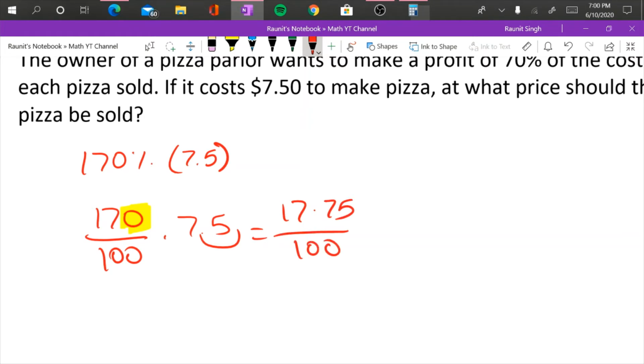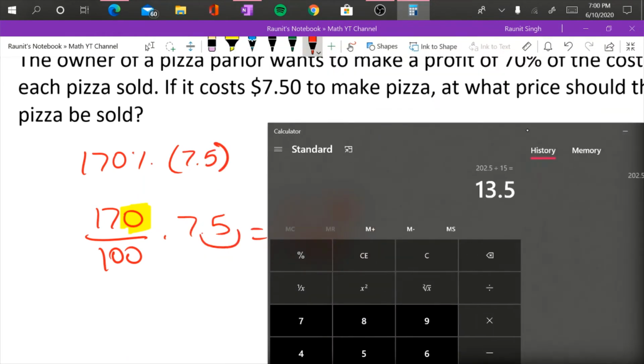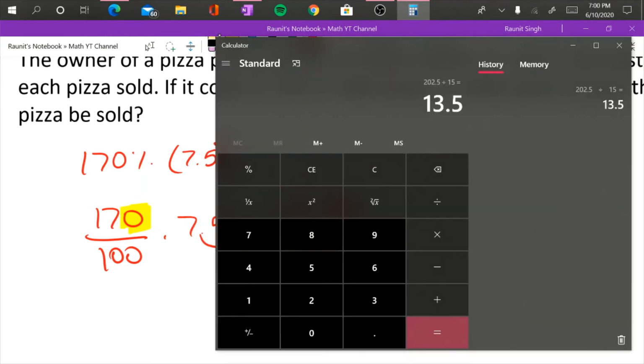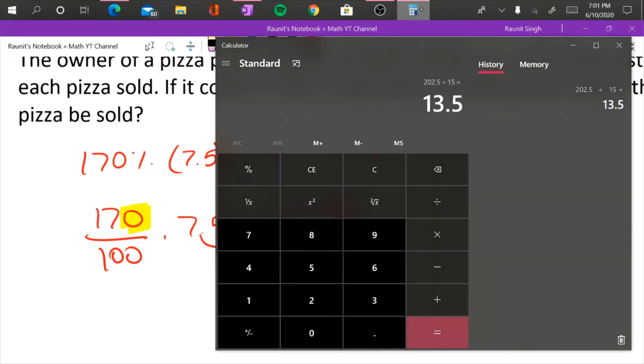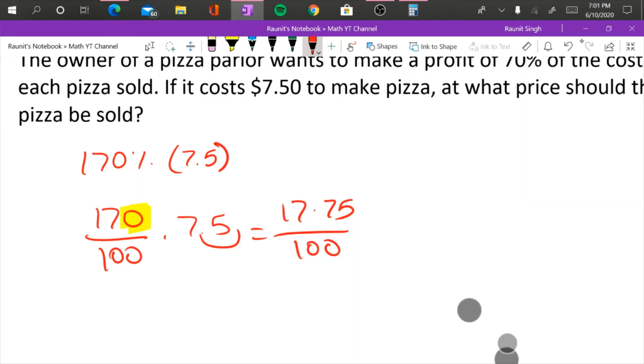I'm going to bring out the calculator for this one since I do not know how to do that. Okay, so 17 times 75 equals 1275, okay. So it's equal to 1275